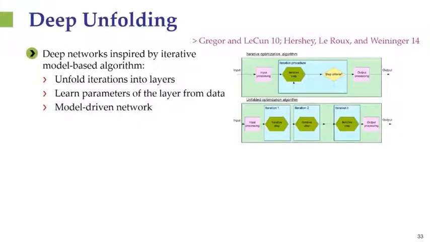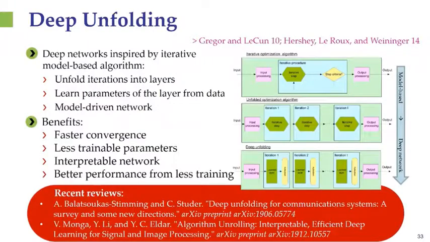But the learning is going to come into play in the final step, where instead of implementing these iterative steps that are typically going to depend on channel parameters that we don't assume are known, we're now going to use training data to learn the parameters in each of these steps. So in this way, instead of getting a generic deep network, we're going to get a network where we have a small number of layers, and the structure of these layers follows from the optimization problem.